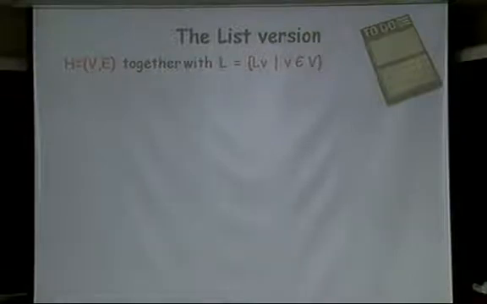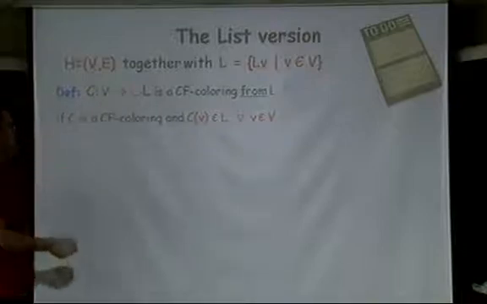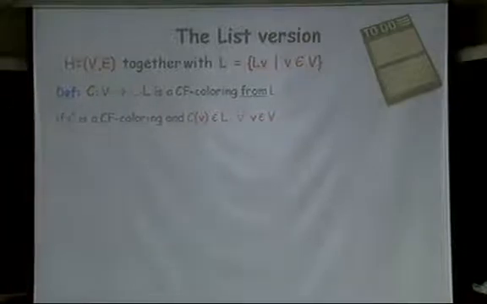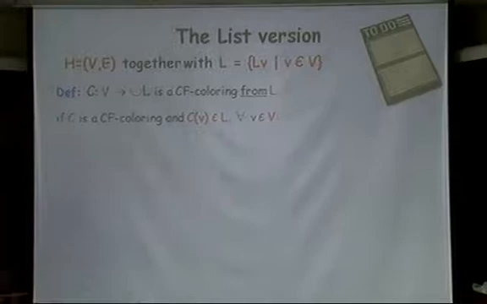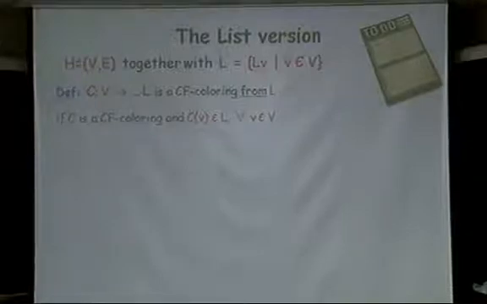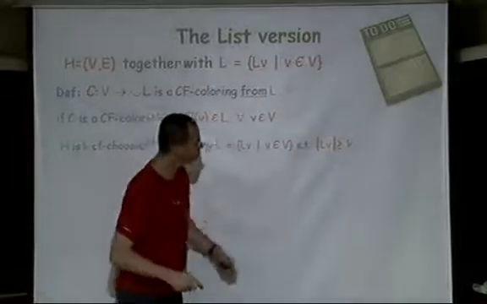Okay? So given that, we say that a coloring from V to the union of all the colors in the lists is a CF coloring from that family of lists L if it's both a CF coloring, so it maintains the property, and you also chose for every vertex a color from its own list. So the color you choose for a vertex must belong to the list. You can talk about any coloring like that, coloring from lists. We say that H is k-CF choosable if, no matter what the lists are that are assigned, as long as they have size at least k,